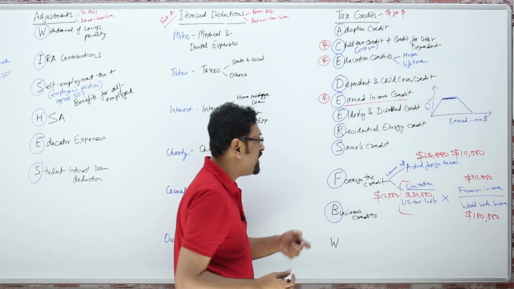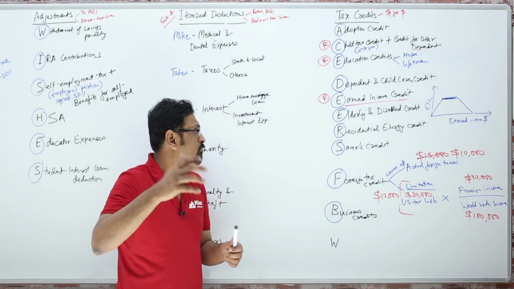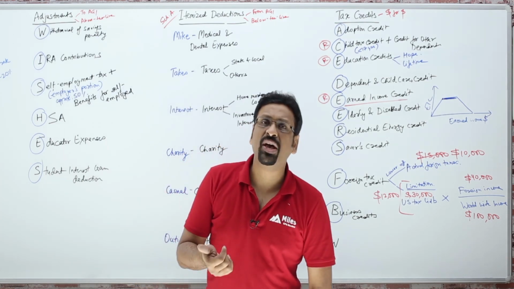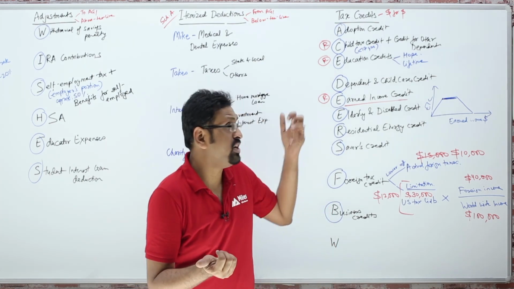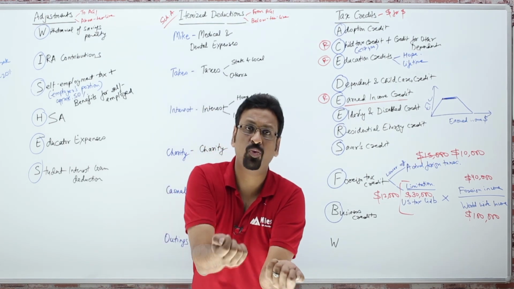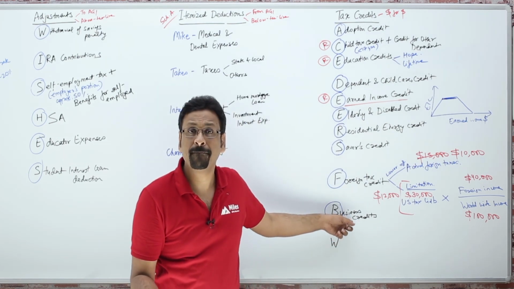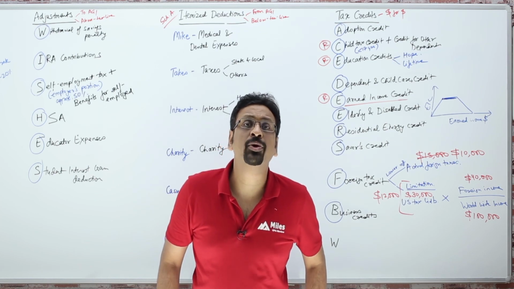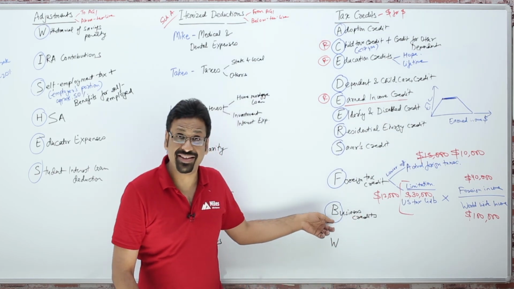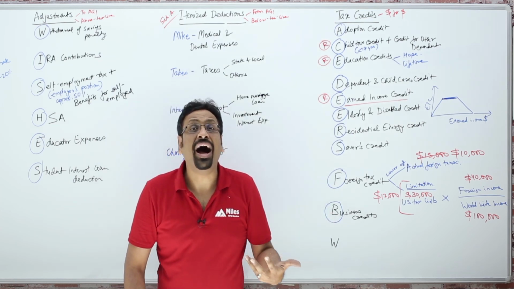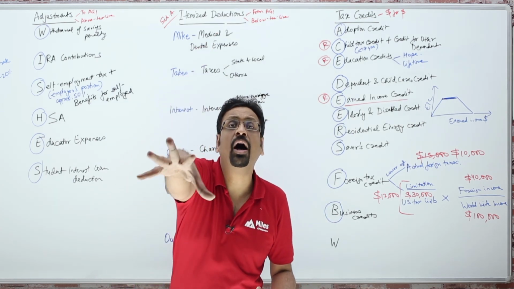So these are a variety of business credits for various things. Let's say they are investment credits. Again, encouraging small businesses, encouraging individuals to make investments where they get investment credit. Let's say there's work opportunity credit, where the agenda is to encourage businesses, small businesses, to hire employees from targeted